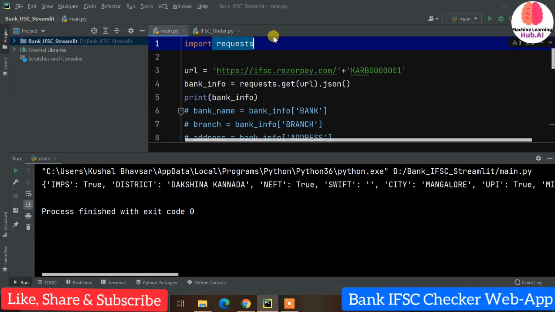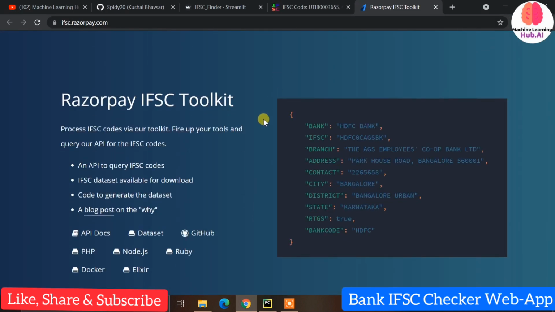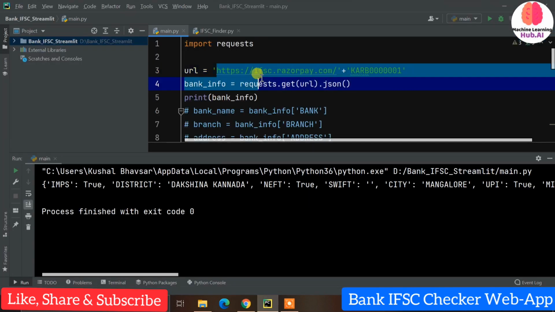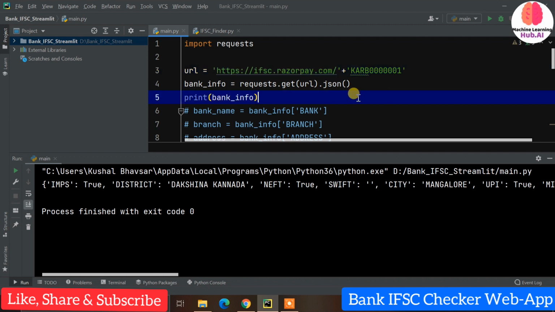You just need the requests library, so you just need to do pip install requests. This is the most useful library if you are doing web scraping or sending requests to an API. Now this is the API, ifsc.razorpay.com. Razorpay is nowadays very famous and popular if you are integrating any payment portal into your application or website. We are using this API from ifsc.razorpay.com, and it is an open API. After that URL you just need to pass the IFSC number here, right? So let's see how this API works first.